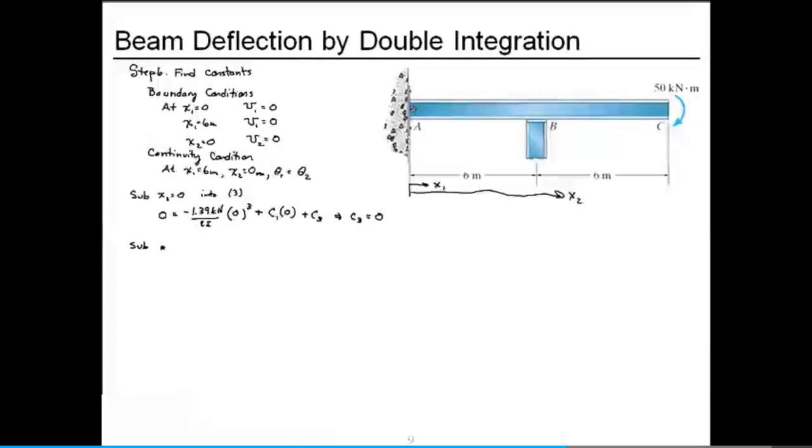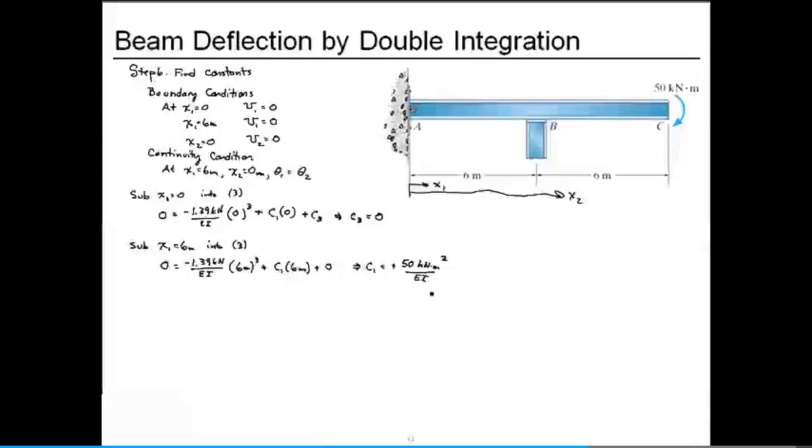Now let's substitute the other end, x1 equals 6 meters, into that same equation, equation 3. Plus we'll use our knowledge of the constant C3. So 0 equals minus 1.39 kilonewtons over EI, 6 meters cubed, plus the constant C1 times 6 meters, plus the constant C3, which is 0. Solve that for C1, and we get a positive 50 kilonewton meter squared